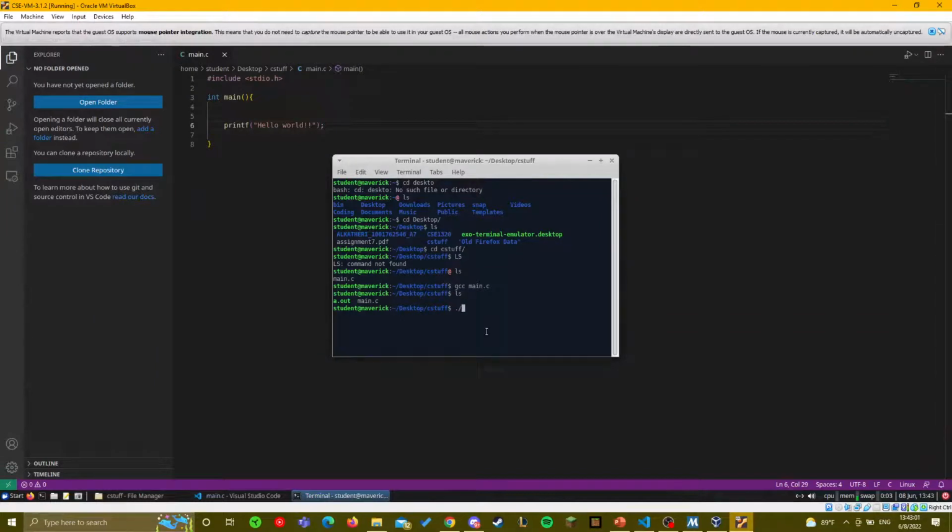To run a.out, it's the same if you've installed the MinGW extension, right? ./ and then whatever the name of the file. So if you compile it with MinGW, it'll give you an a.exe. So instead of this, you'll write a.exe. But I have an a.out here, right? And this will spit it out. Okay.